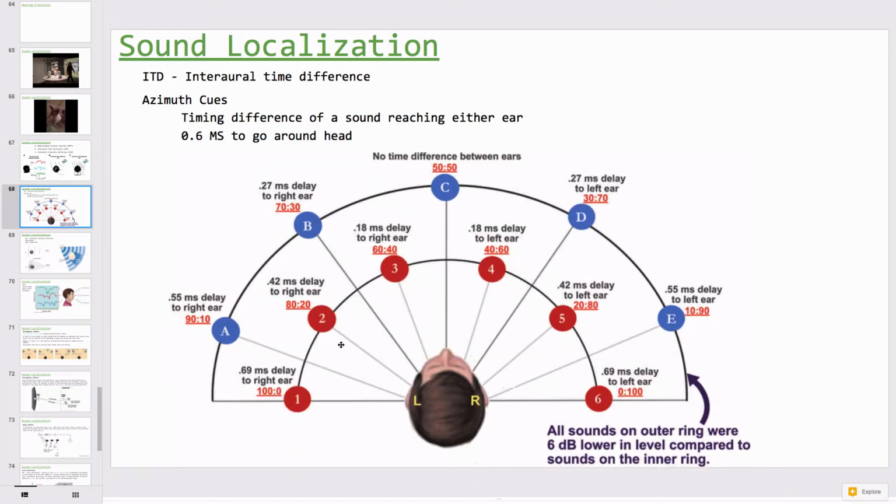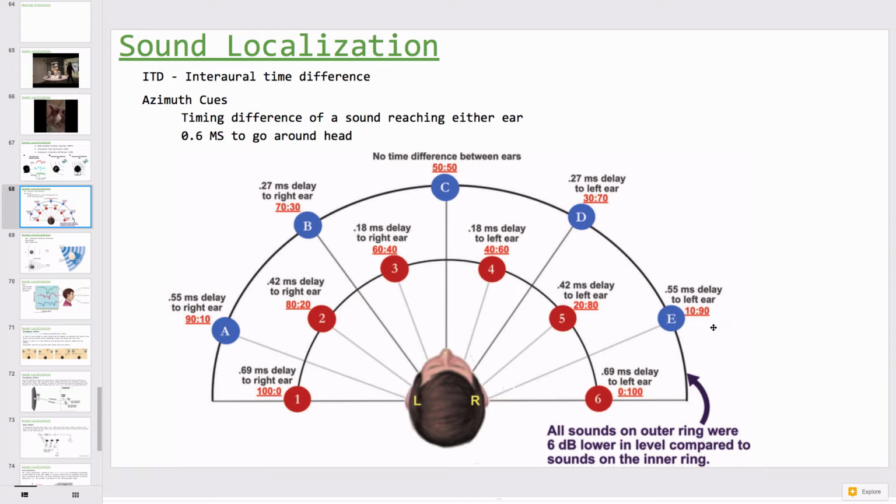So let's look at ITD, interaural time difference. Okay, and these are azimuth cues. So basically, like a 360-degree around us, right? And it's a timing difference of a sound reaching either ear, and it's about 0.6 milliseconds to go around the head. Okay, so our brain is very good at